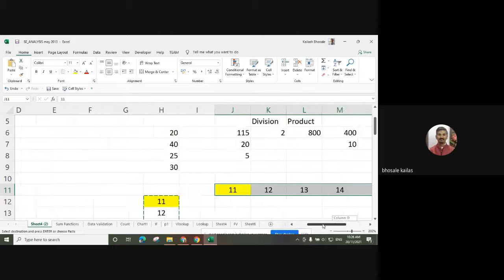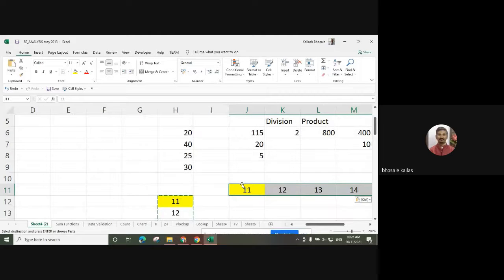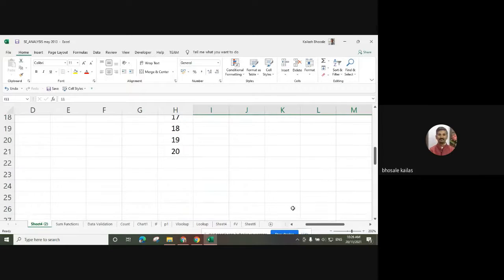You can move it. Select the cells. So when I click on the border of this cell, the sign of the cursor is going to change. Then hold the left side mouse button pressed and just move the cell values. Then it will move all the values to the next location. So that is used for moving the values.